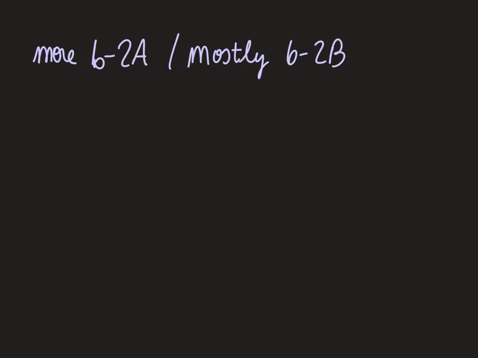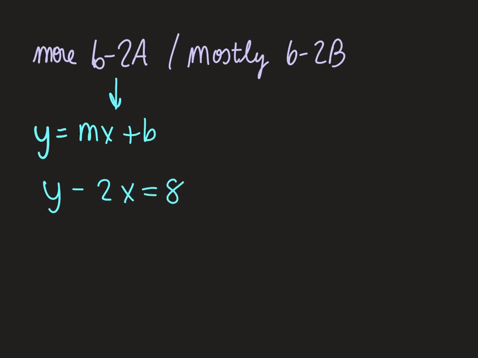Alright, today's video is going to be a little bit more of 6.2a, but mostly it's going to be a 6.2b video. The couple questions that we skipped in class, let's go back and revisit those. So we said the slope-intercept form was y equals mx plus b, but the ones that we skipped did not say y equals. So if that's the case, like question 11 said y minus 2x equals 8,